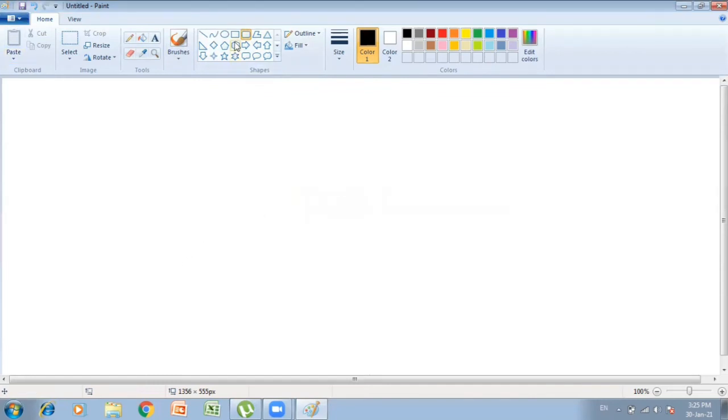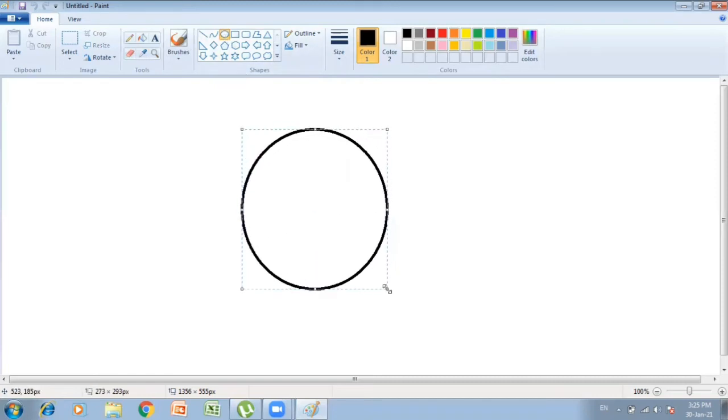Now let us see the oval tool. So I'll draw the figure that is given on page number 44. First I'll select the oval tool and I'll draw a big circle for the face. Then I have to select the curved tool to draw the eyebrows. Again I'll draw a line, and then I'll select the oval tool just to make the eyes.